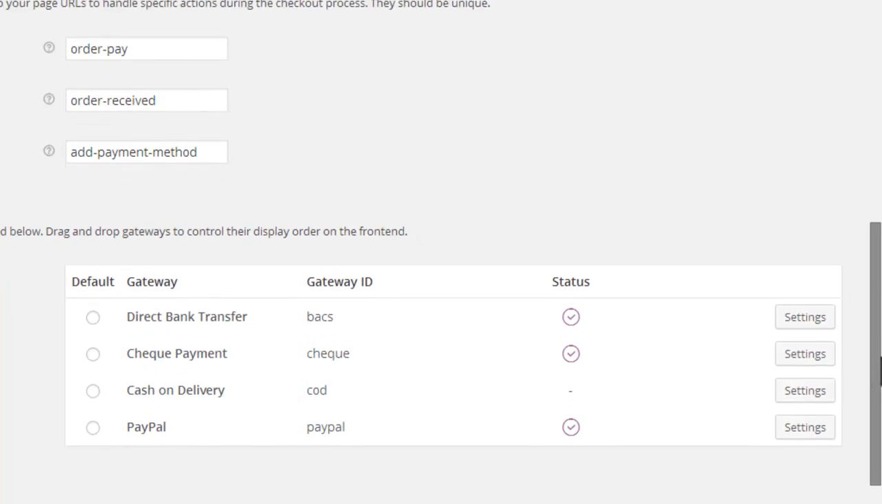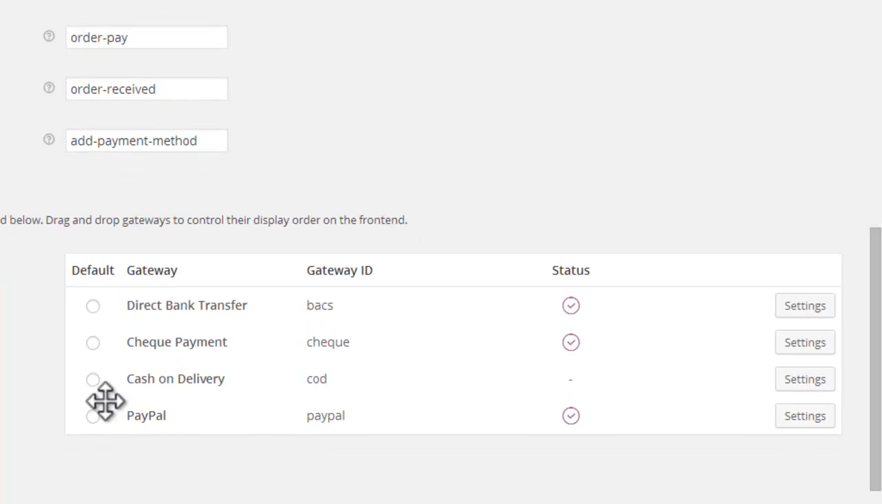Now these are the payment gateways: direct bank transfer, check payment, cash on delivery, PayPal. Simply here we have the option direct bank transfer, check payment. These are simply checked. Cash on delivery, if you want to enable cash on delivery, you can go to the settings. Like if we have to enable direct bank transfer, we will go to settings,